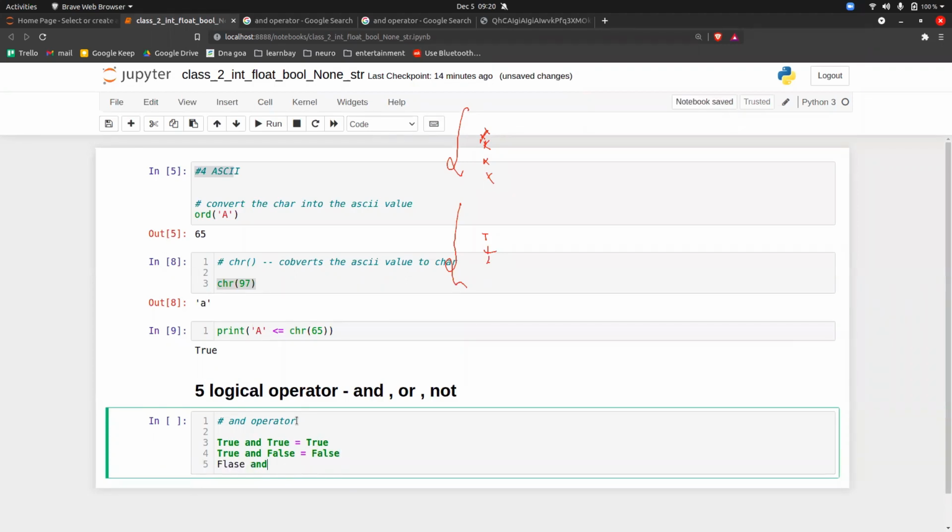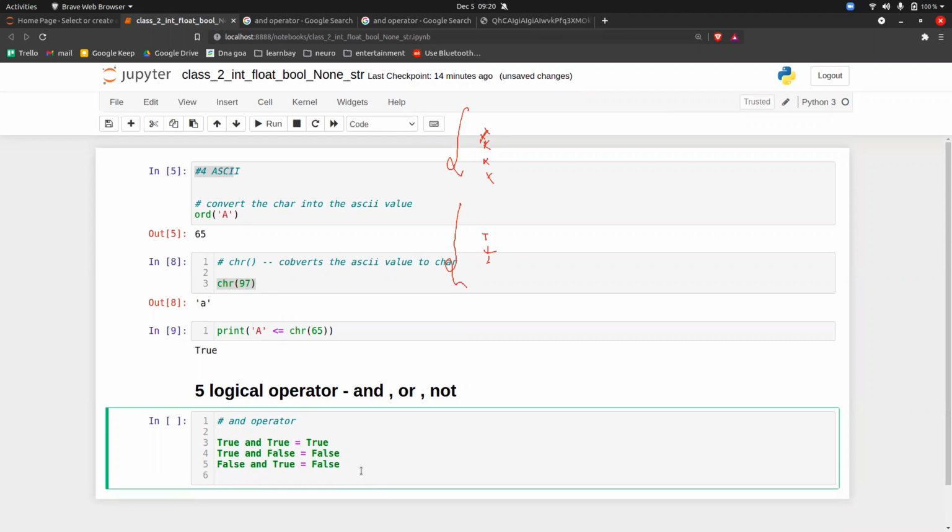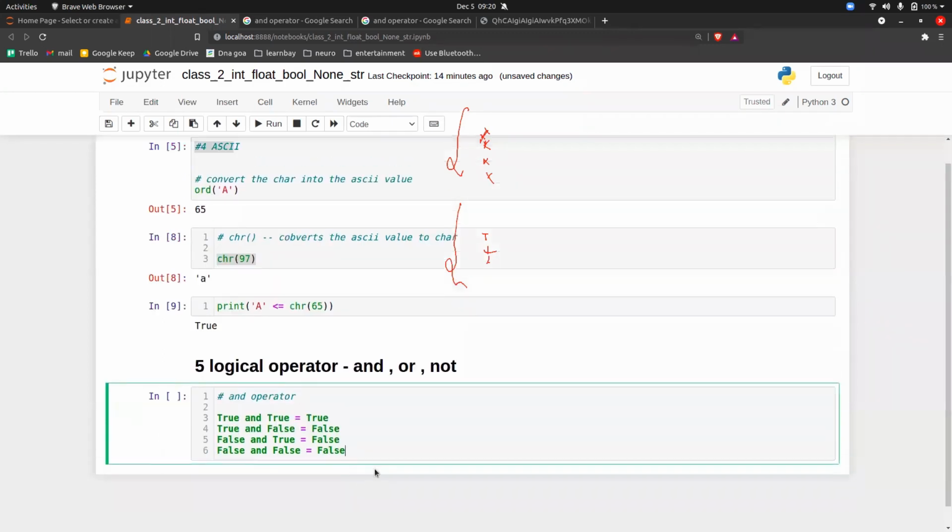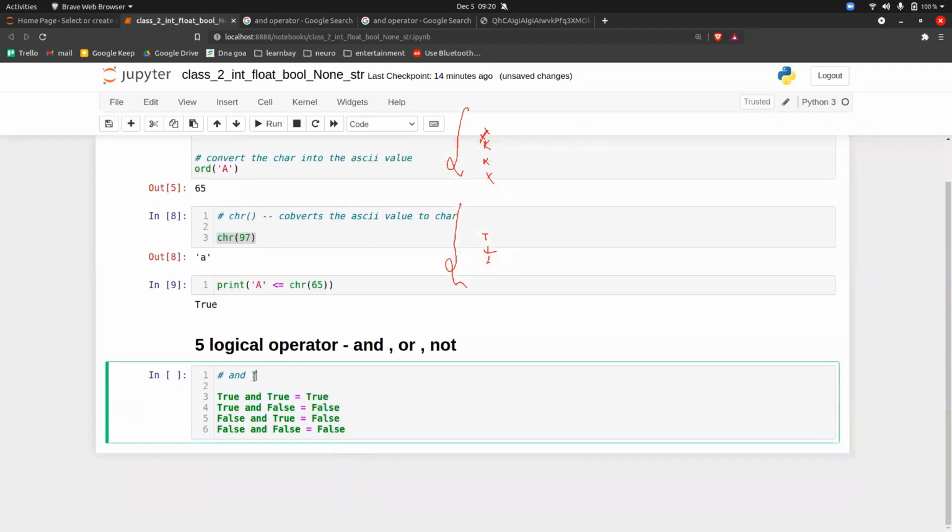What is false and true? False and true is also false. Then we have false and false. What is false and false? It is false. Okay, so this is an AND truth table.